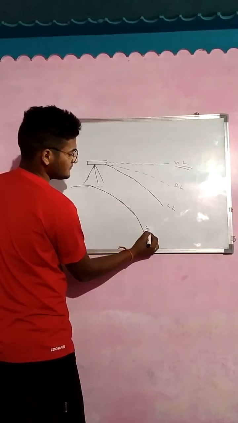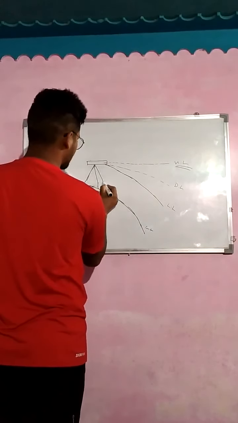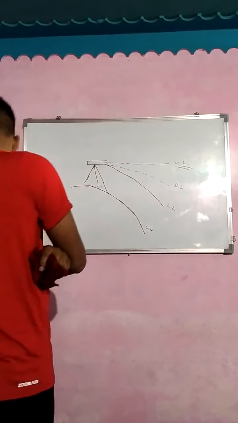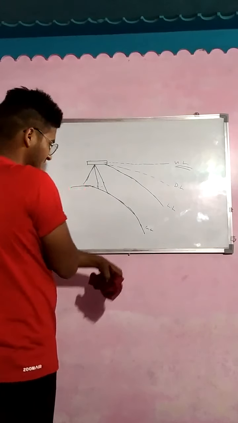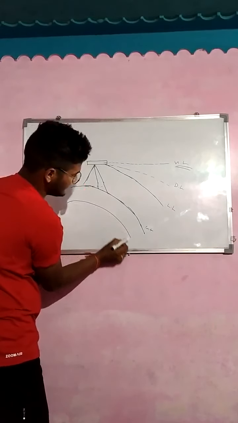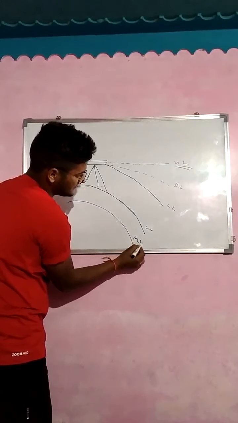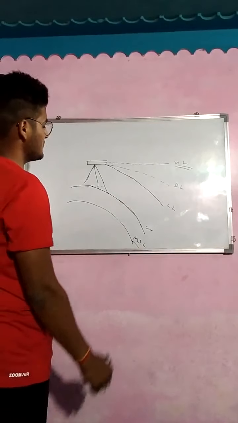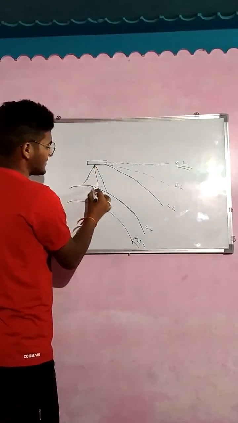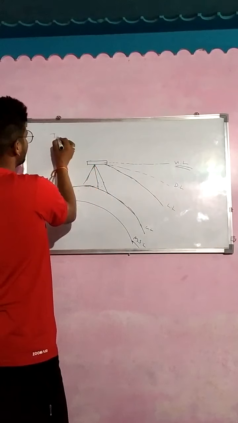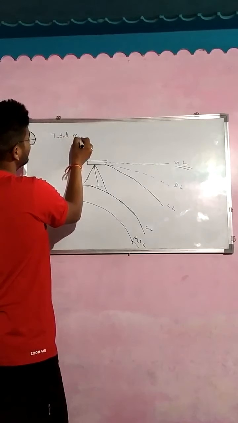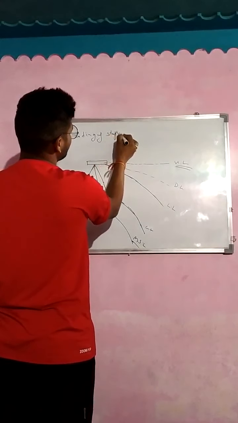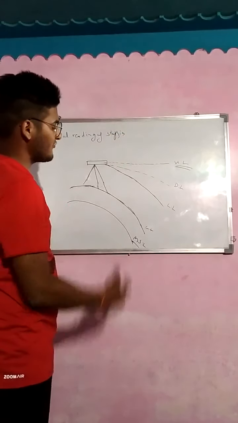Okay, GL. Okay. So this is your instrument. So now we are going to take the reading at a particular location. Okay, and this is your mean sea level. So this is the taken. If we are going to take your reading, so the total reading of the staff is, इसको हम फाइंड आउट कर लेंगे बिफोर नोइंग दैट.